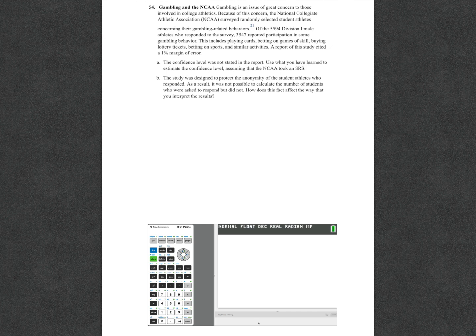So that's them assuming that the conditions are met, because the other conditions are going to be obviously met besides random. So we just want to make sure our margin of error is 1%, which is 0.01. So our margin of error is going to be our z star value